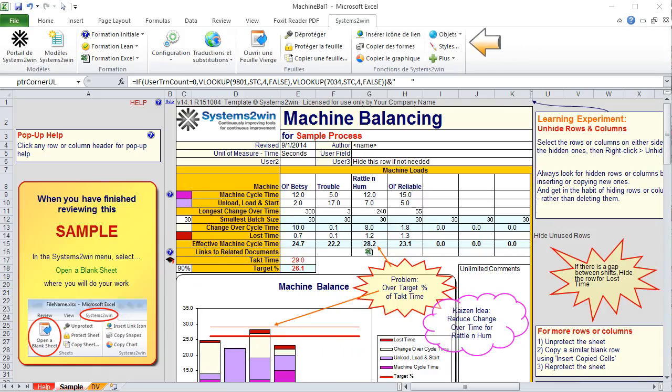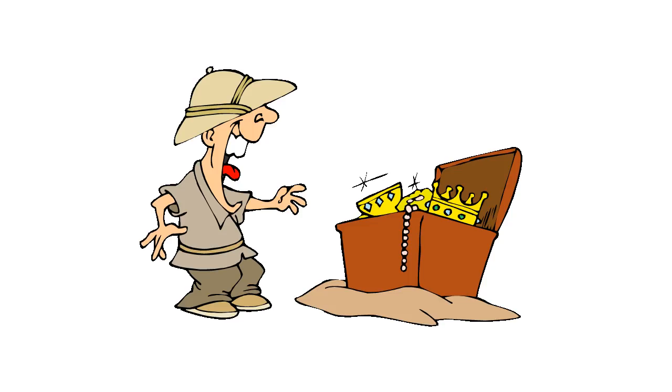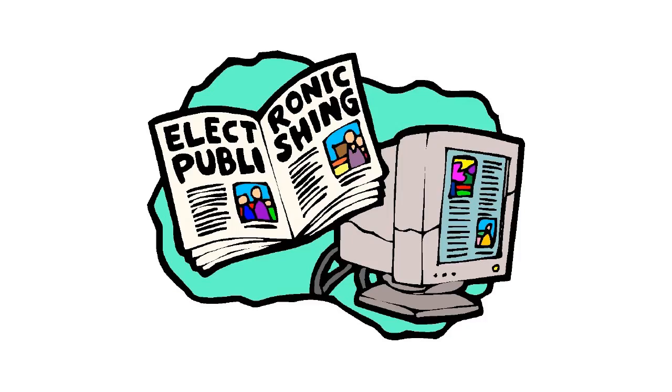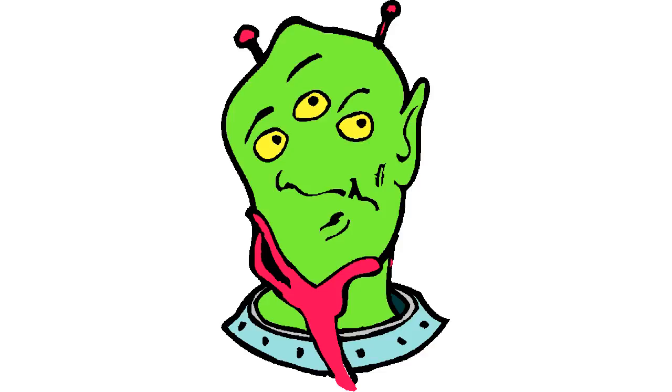Now notice that even though our Systems to Win menu is now in French, the Excel template is still in English. And that leads us to some good news and some bad news. The good news is that everything you've learned about so far in this video is free. All that's needed is some training to teach your people how to use their systems, templates, and training for process improvement. The bad news is that everything you've learned about so far uses machine translation. And sometimes Google Translate's best attempts to translate a phrase come up